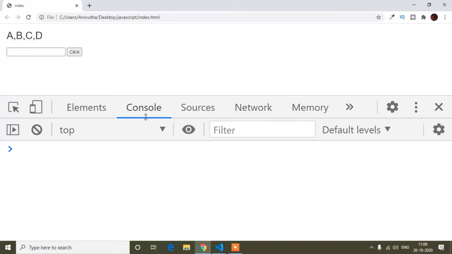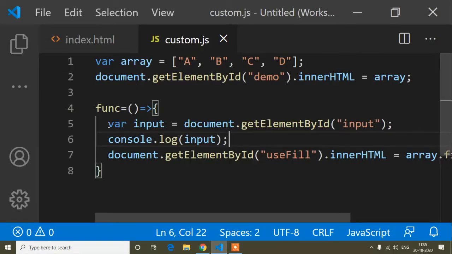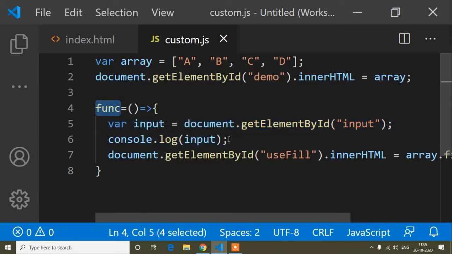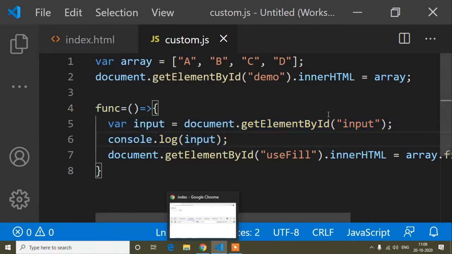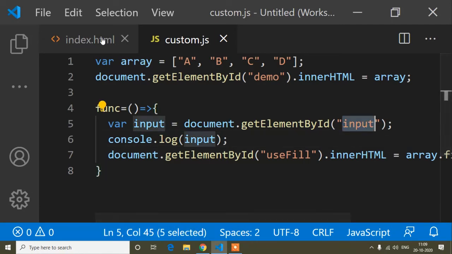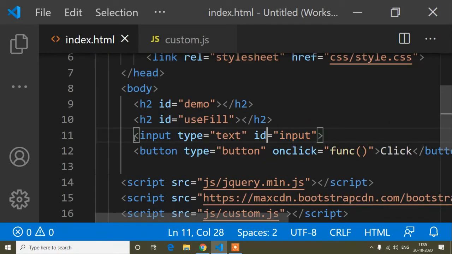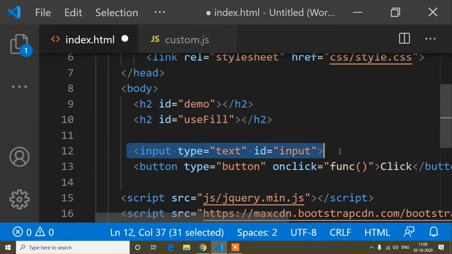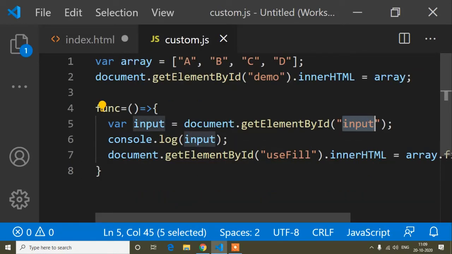Now if I click this button, because I have put this console.log inside this function, it prints the input ID that I have taken from here. I assigned this inside the input variable, and now I print this input.